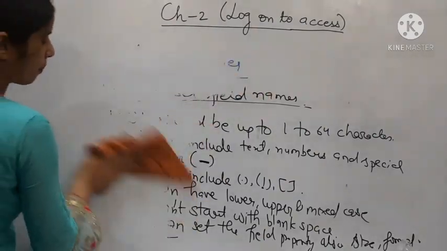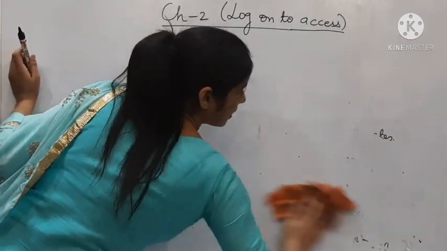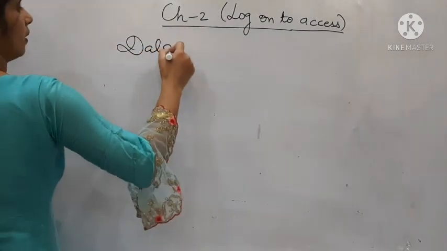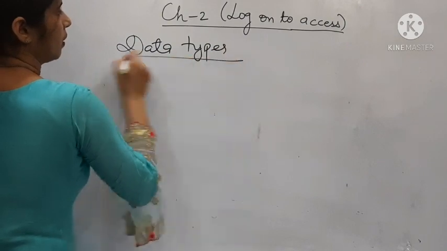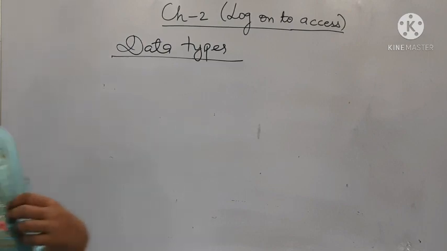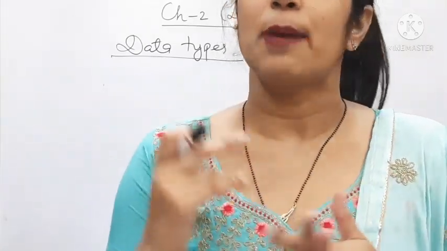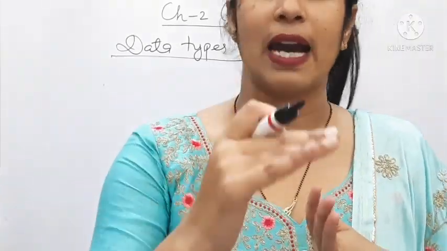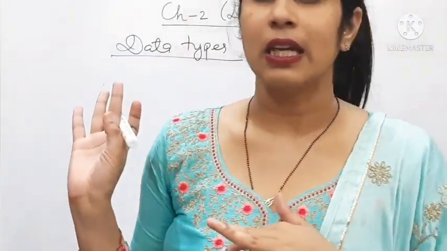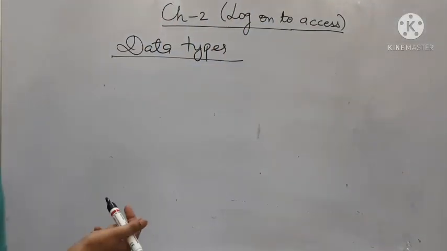Now, the next topic is data type. What is the next one? The next one is known as data types. Okay, what is data types? Data types are actually the type of data that we are entering in any field, any row, any column. So which type of data is it? It is defined by data types. Total there are 12 data types here. So I am writing these all one by one and then I will describe these all.